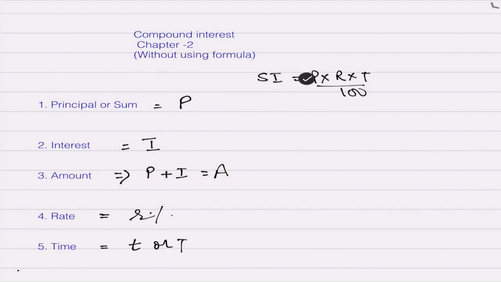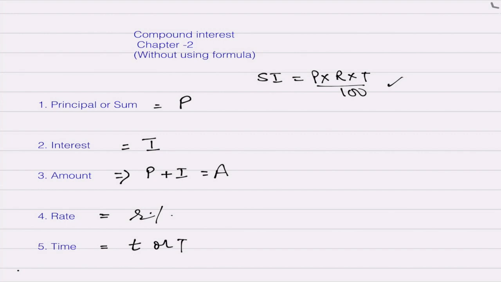So simple interest is P into R into T upon 100. This was a formula for calculating the simple interest. Similarly, this year we will do compound interest. As we know, in post offices, banks or other insurance companies which lend the money and accept deposits, the method of calculating the interest is entirely different. They don't use simple interest. They use the method of compound interest. Under this method, the borrower and the lender agree to fix a certain unit of time, say 1 year or a half year or 1 quarter, to settle the previous amount.